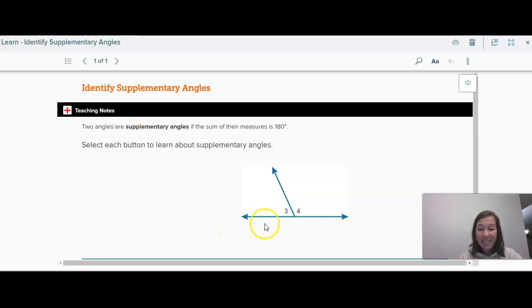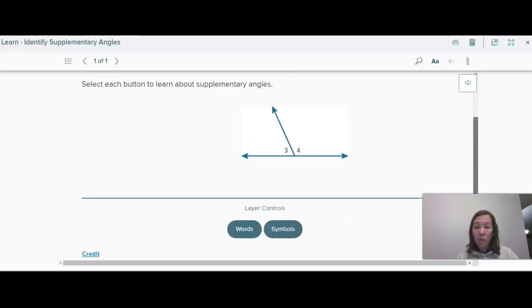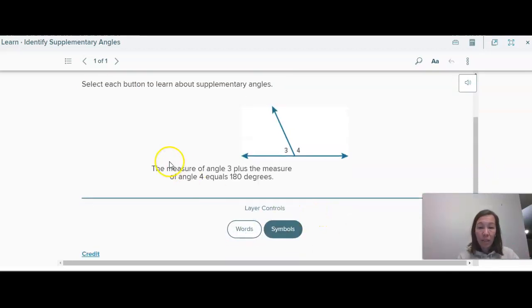Supplementary starts with an S and straight line, so supplementary makes a straight line. So if that helps you understand that supplementary is a straight line, 180 degrees, complementary is like a corner, which is 90 degrees. So a corner is complementary, makes a 90-degree corner, if you want to think about it that way. So really quick here, the measure of angle 3 plus the measure of angle 4 will equal 180 degrees if